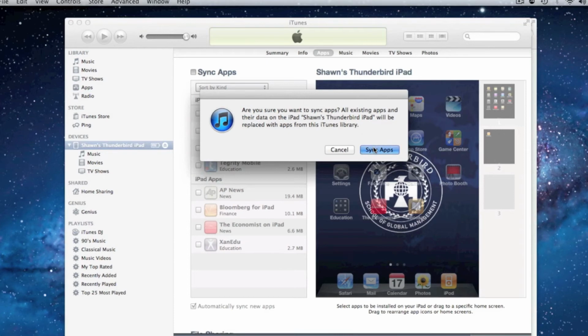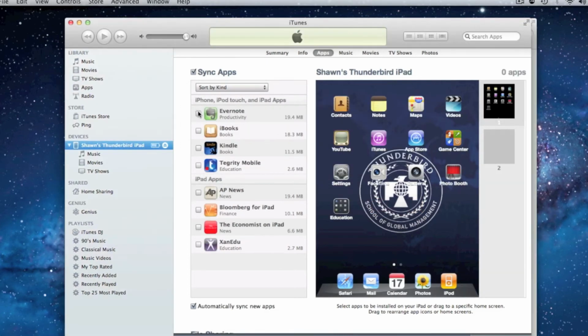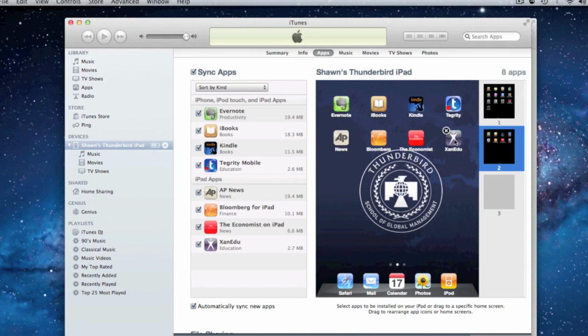So I'm going to say sync apps, and I'm going to choose all of the apps that I had previously shown you how to download to make sure that they were there. I'm also going to choose automatically sync new apps. At this point, I could actually go to the different pages, and from here I'm actually able to move things around and create groups, etc. So I can do the same thing through iTunes that I showed you on the iPad. I'm not going to do that now, but I'm just going to apply,